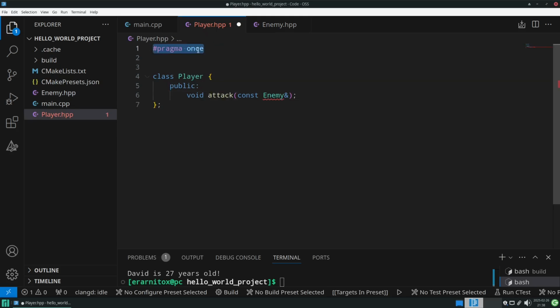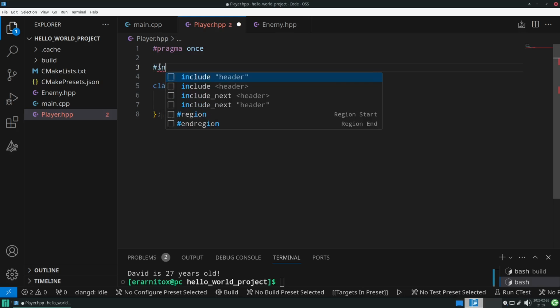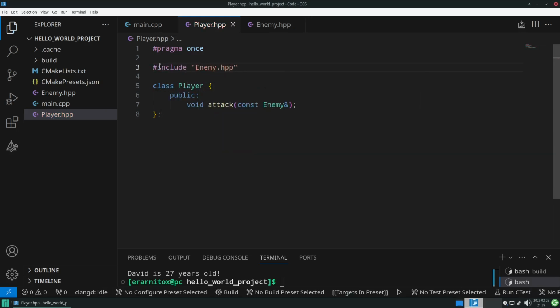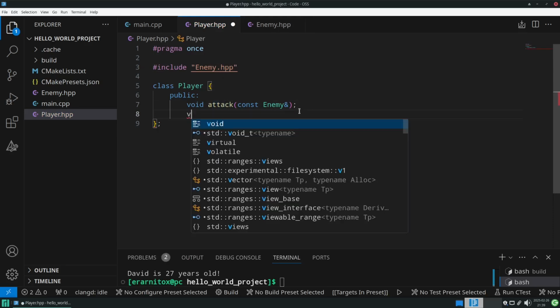Also, this statement here only means that we only want to include this header file once in the translation unit. So everything that gets packed up together into one object file from the compiler. This is not a C++ standard, but it's common practice to use this, and it's implemented by every compiler that is common. Now when we included enemy.hpp, we have now the ability to attack, and we might also want